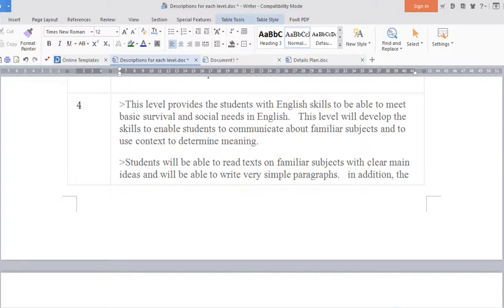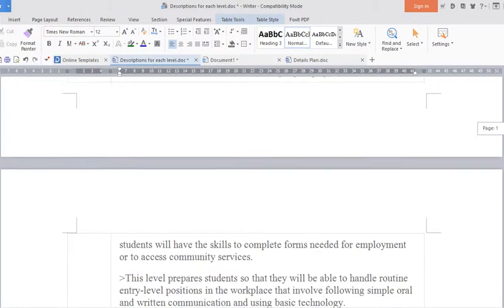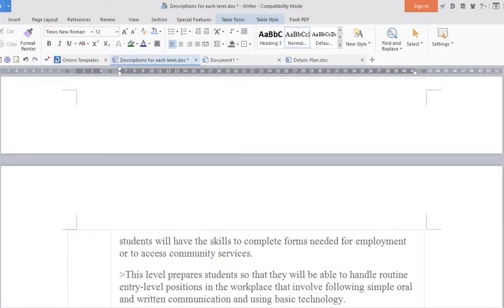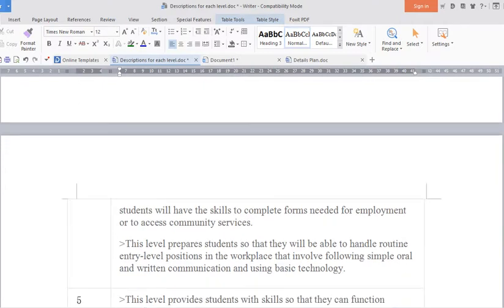Students will be able to read text on familiar subjects with clear main ideas and will be able to write very simple paragraphs. In addition, the students will have the skills to complete forms needed for employment or to access community services. This level prepares students so that they will be able to handle routine entry-level positions in the workplace that involve following simple oral and written communication and using basic technology. For example,